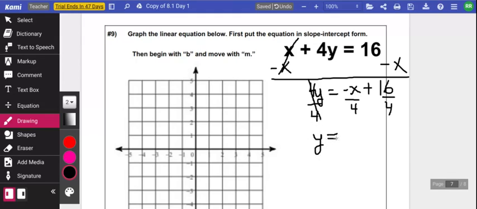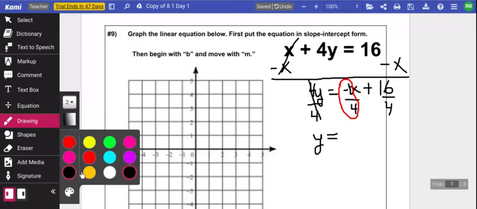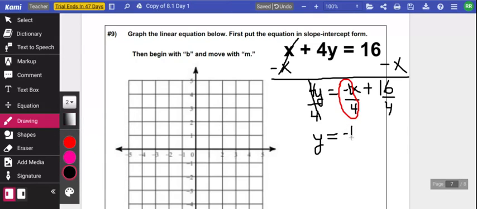That's good. So y equals, now what number is in front of x right here? Negative what? Negative 1, right? So look here, what fraction is this? What fraction is that, do you see? You got negative 1 over 4. Isn't that the fraction negative 1/4? Yep. So you got negative 1/4